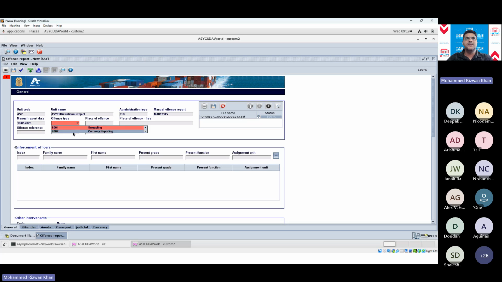These are all reference tables. You can have more. In this demo, I have put two, but you can have many, depending on the different offenses that you have in your regulations or customs act. So for this demo, let's say smuggling. Place of offense, where the offense took place. This is the port, so you can extend this. Let's say Airai Airport, this is in Palau. And here you can write down the exact location. So this was the airport, let's say airport arrival hall.